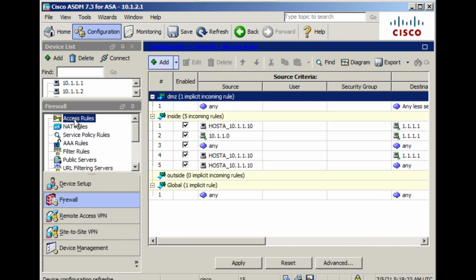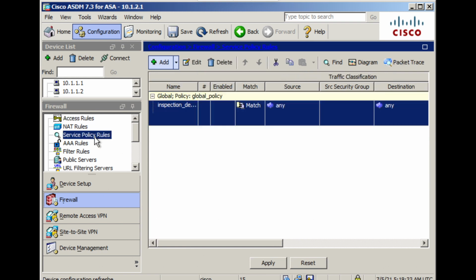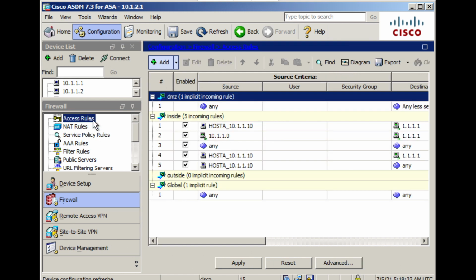We have to talk about the access rule, and these are all the rules we have created. The service policy is a different policy, while we were talking about the modular policy framework and additional inspections with respect to HTTP or any of the application. We'll get into that. Anyway, we have a discussion on that. According to our syllabus, we have that one. Now today's focus is only on the access control list, right? It's an access rule. You can notice that the rules we have created using the CLI are also getting reflected over here.